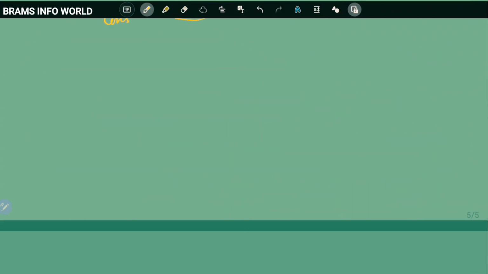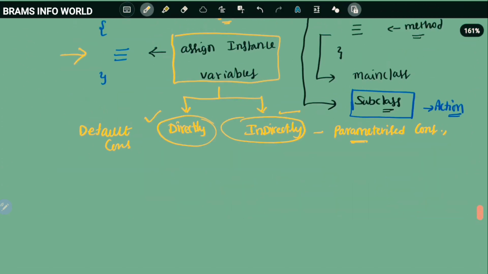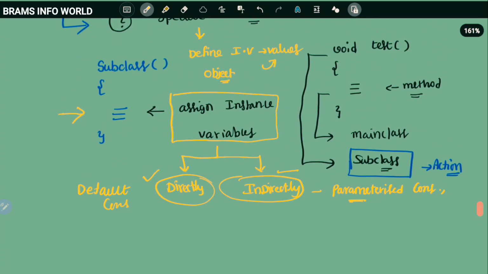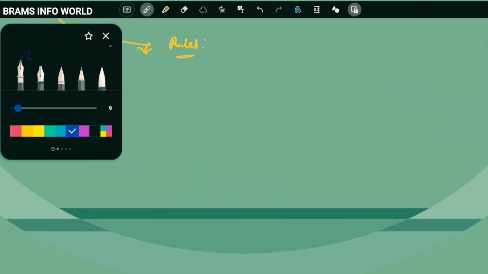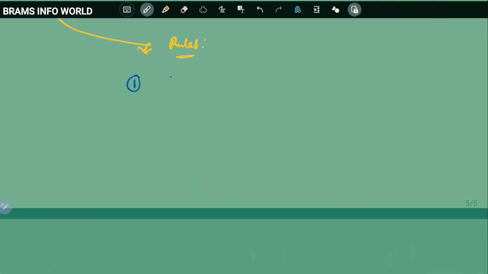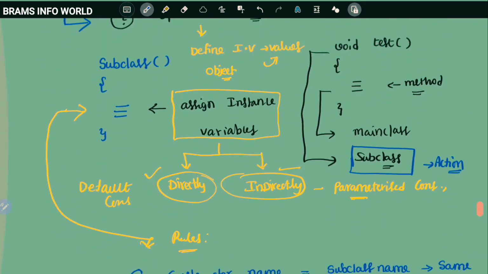Okay, so we have certain rules to define a constructor. The constructor name and class name, that means subclass name, must be the same.